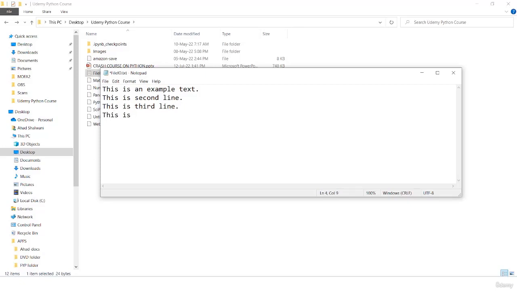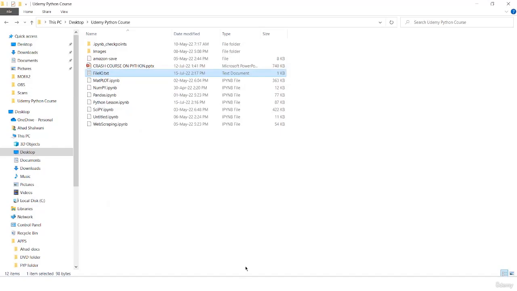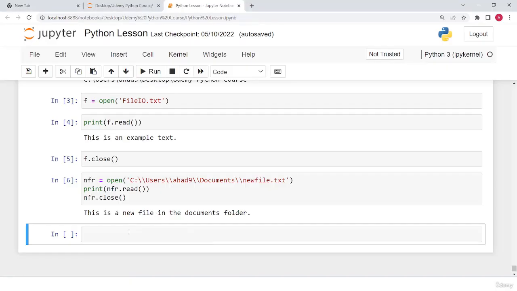This is last line. And here I type goodbye. Now I'm going to save this file. I close this, and now here I'm going to open this file: fi equal to open